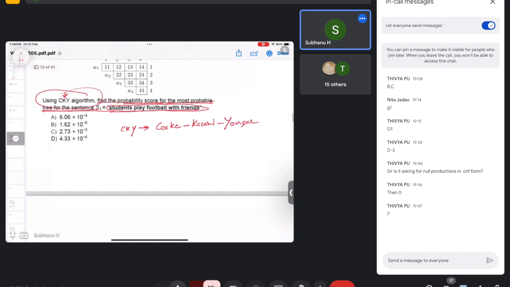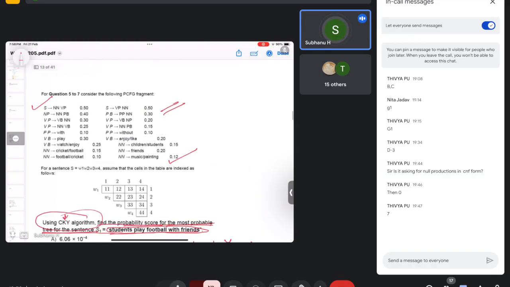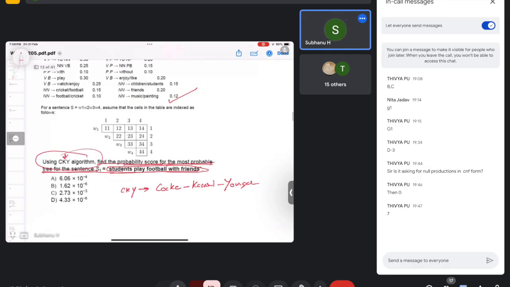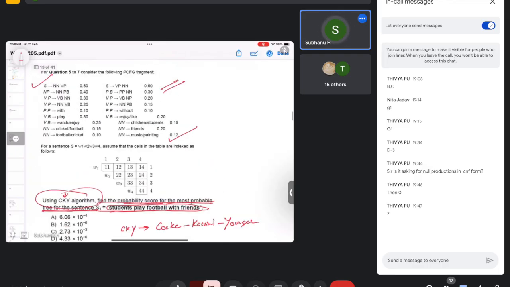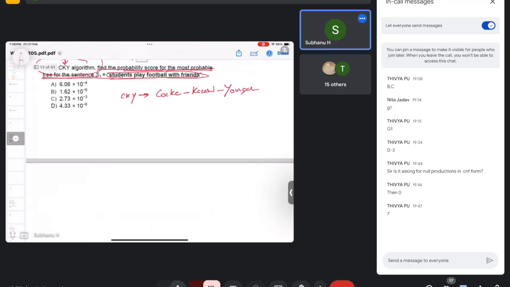For this, what do I have to do? Each word in the sentence is assigned a probability from the PCFG rule. So you can see from this PCFG rule that students is a noun. Got it? Now, what are the lexical probabilities? First we write the lexical probabilities. Students is a noun, and the probability is 0.15. Now I have play, which has 0.34. Football, this is